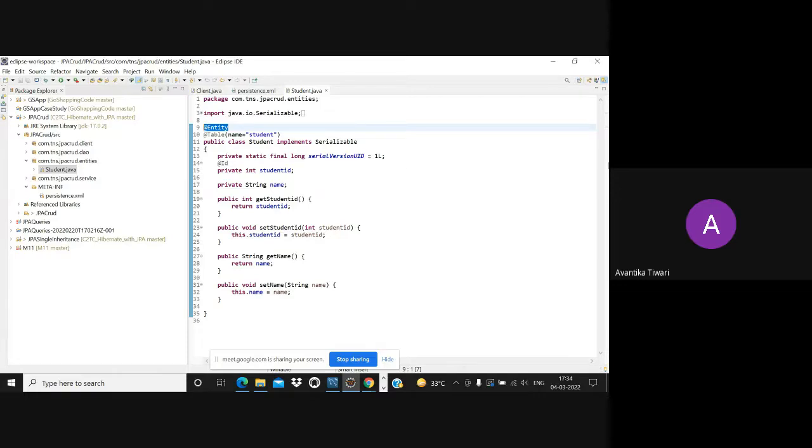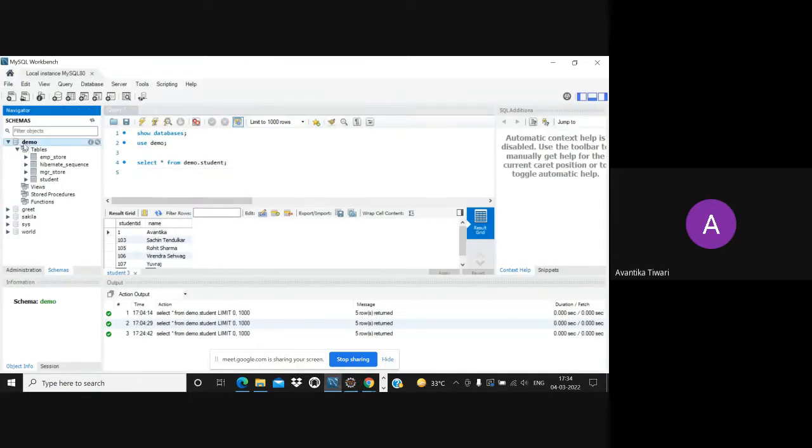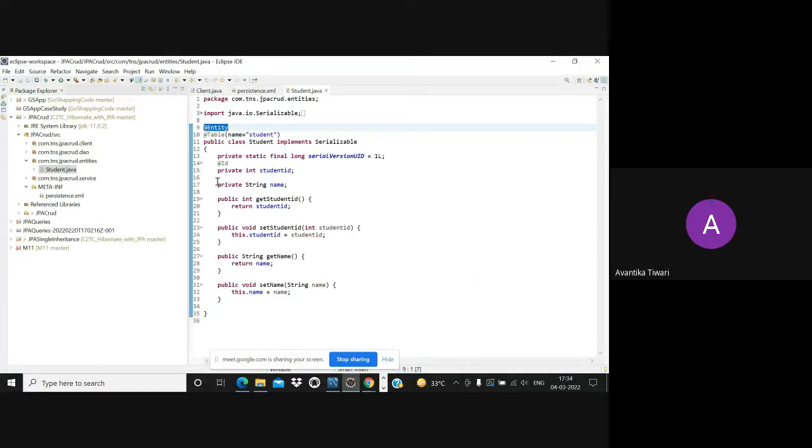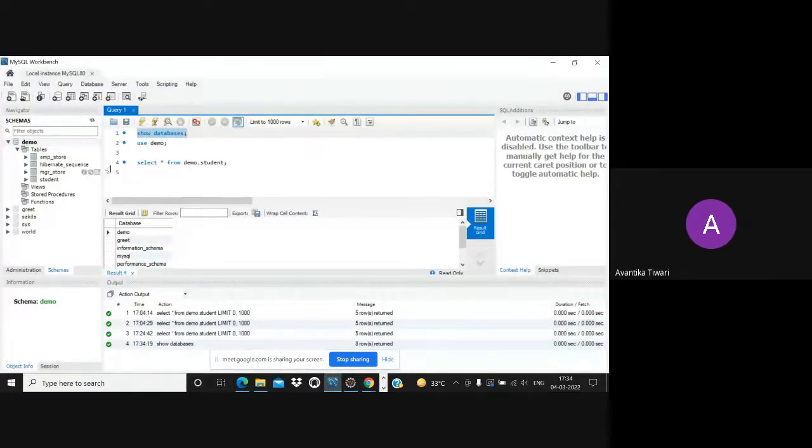Now, to which table does it have to be mapped? We need to specify the name of the table because my database will be having multiple tables. See my demo database, these are the databases that I am having. Now, out of all the tables present in my demo database, to which table I am mapping that class, I have to specify. For specifying it, I am using the @Table annotation and I will provide the name of the table. If my table name is employee store, I'll write employee store.